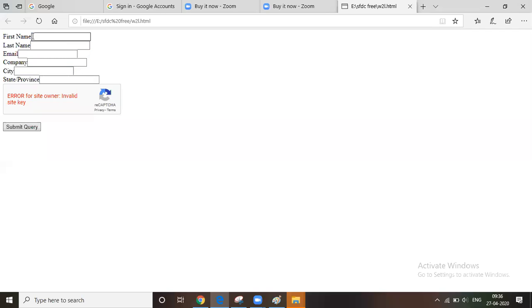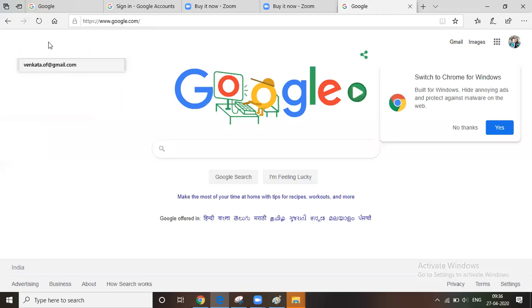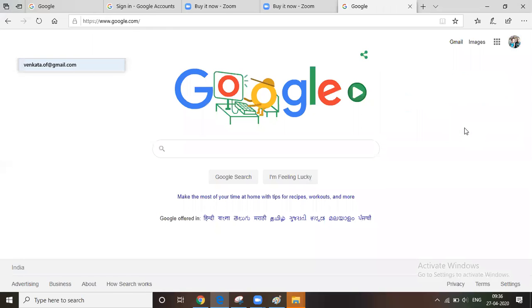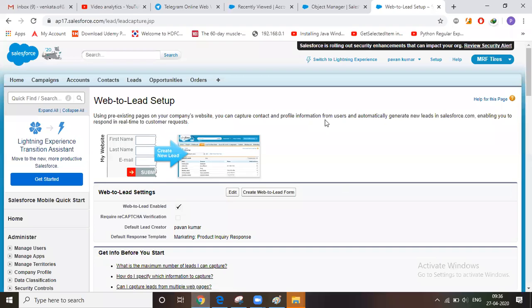So this is the form which we have selected, and just email. As we don't have any validations, it has taken. I click, so I think the lead has been generated. If we go and see the lead,